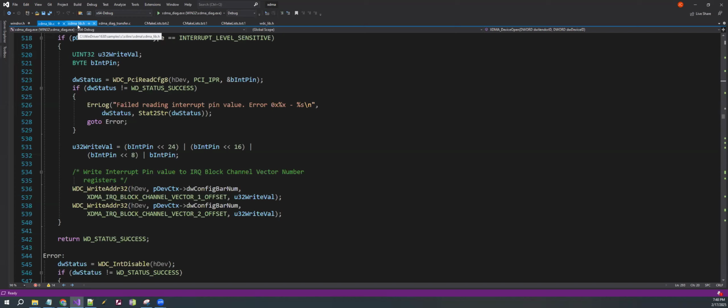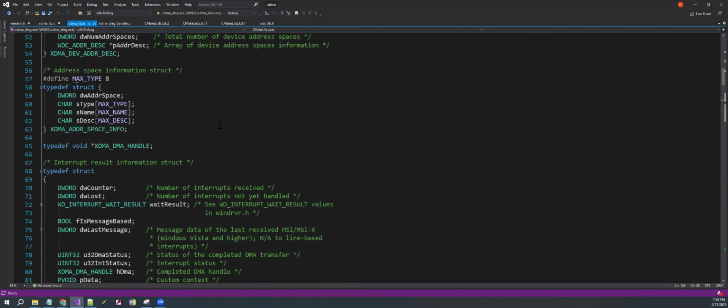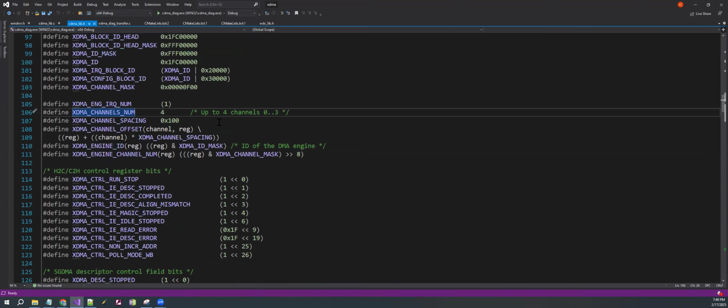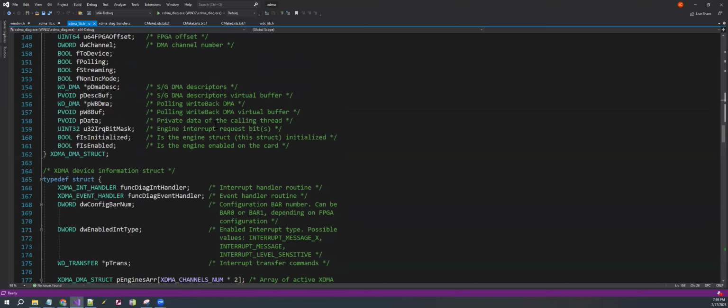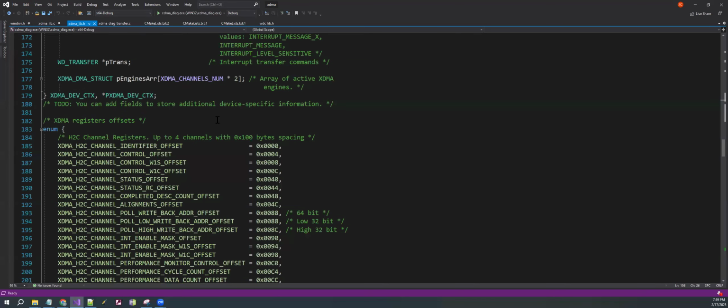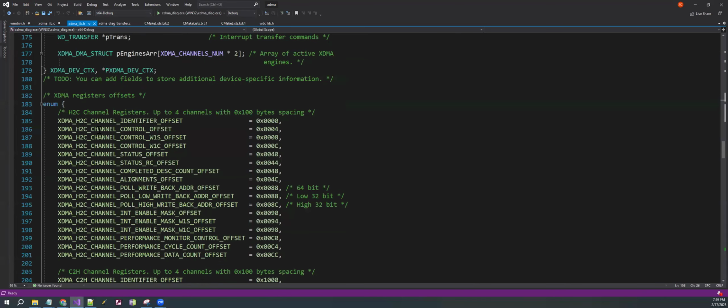It has its own parameters and definitions and offsets, and you must know what to write where and what to read from where in order for things to work properly and not damage the card. So the devices our R&D team worked on configurations are already implemented in the XDMA sample. You can see,